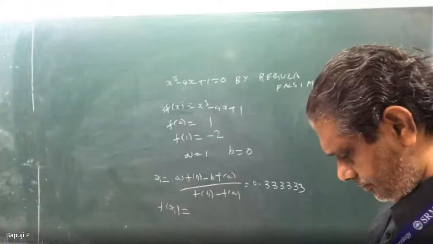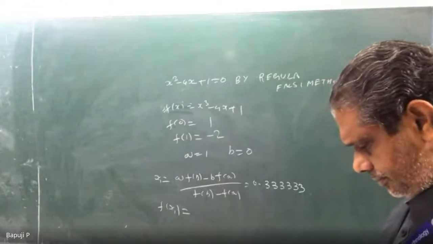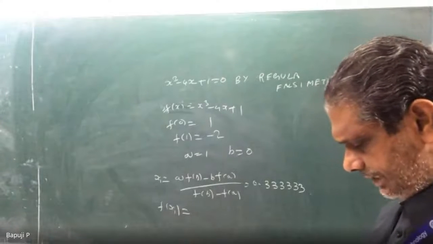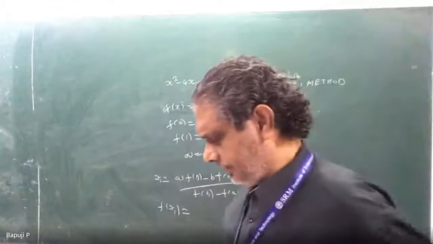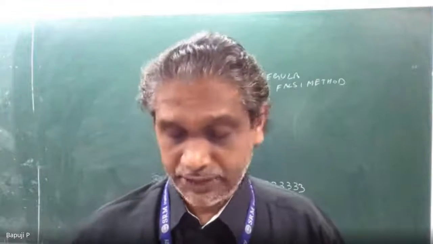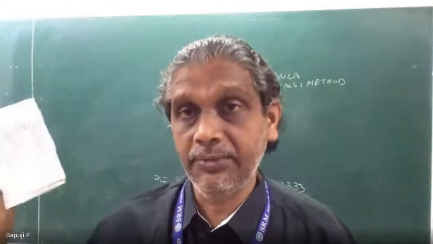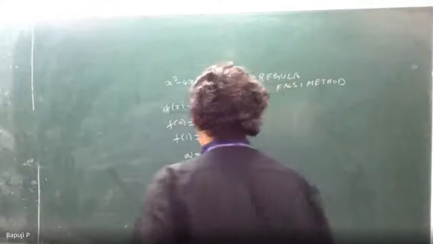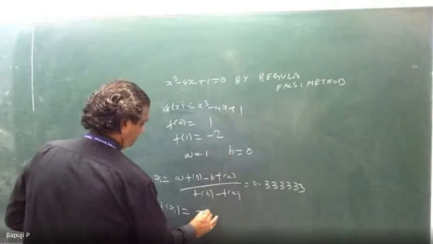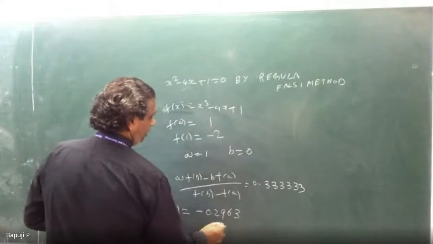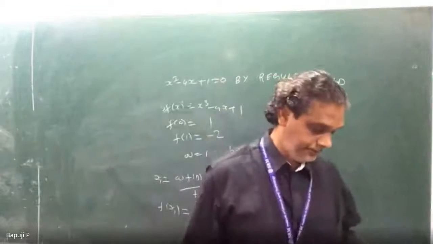Sir, minus 0.2963, we got. Check. I think the calculator was used properly, sir. Minus 0.2963. If suppose small decimal changes, the whole thing will collapse. Anyway, I have my textbook here, so do it properly, otherwise you will face problems. What is f of x1? At least with one I am matching this value. Okay, so absolutely correct.